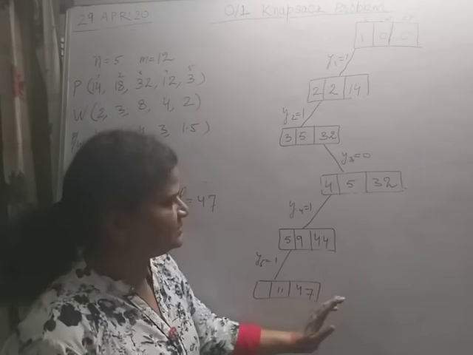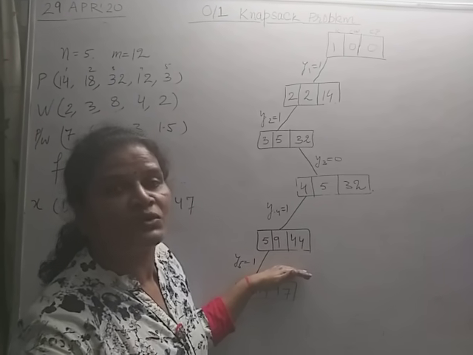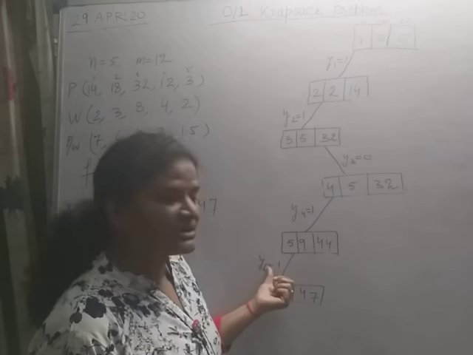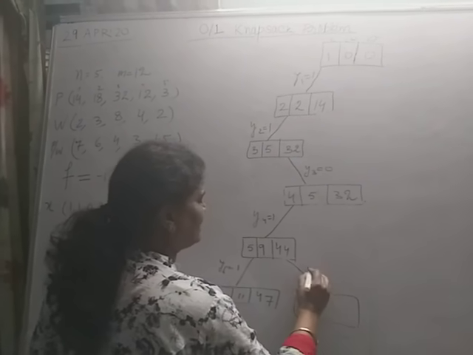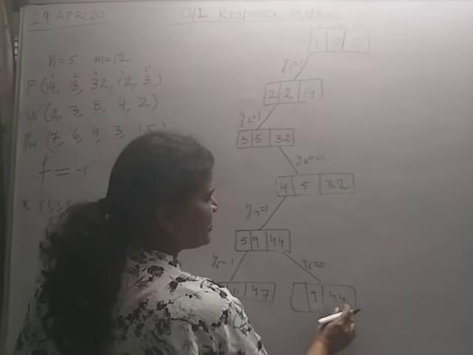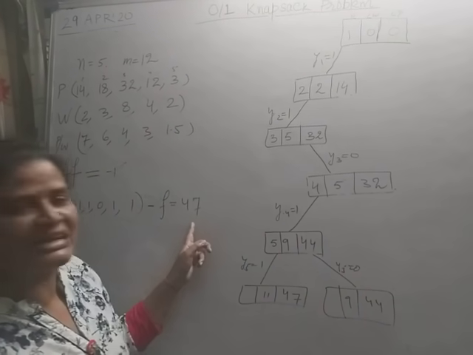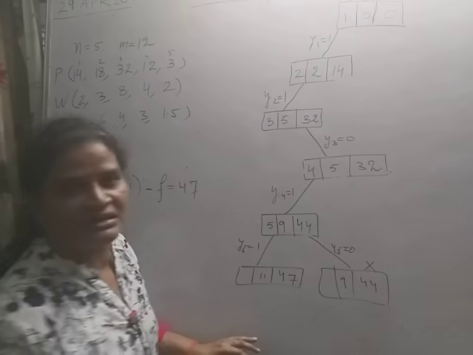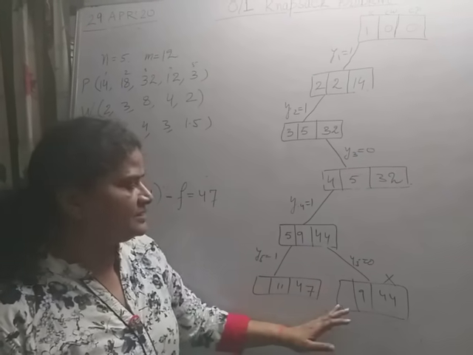It is killed. Okay, we will not consider it, so there is no recursive call for the right branch because you are not considering it. So here if I write y5 equal to 0, then the weight is 9 and 44, and this 44, because this is another leaf node, this 44 is less than 47. So here this is not generated. Here there is no recursive call for the right branch.